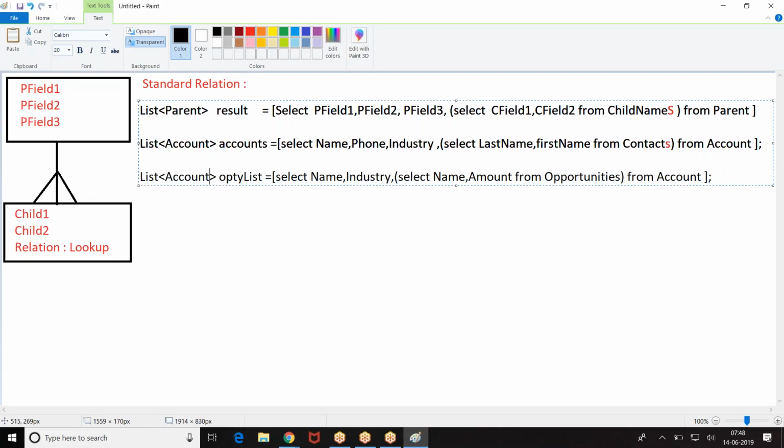Okay, now write the query, everyone. Write a query to fetch account with cases.